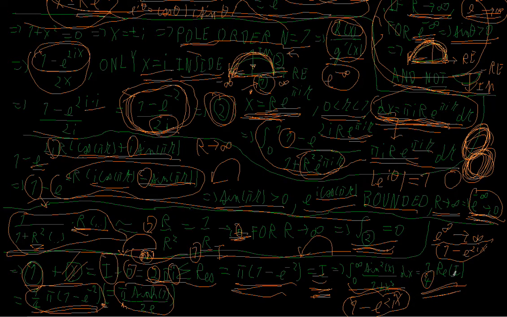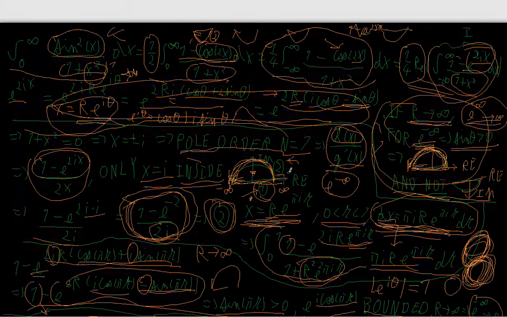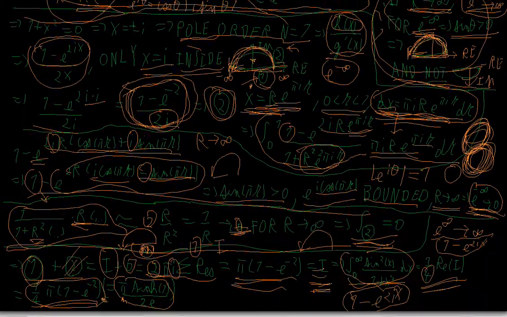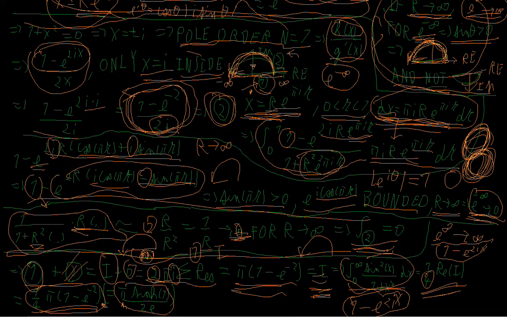So if we take the real part and divide by 4, we get our original integral here, and we're done. And surprisingly, the numerical value of this result is the same as pi times sinus hyperbolicus of 1